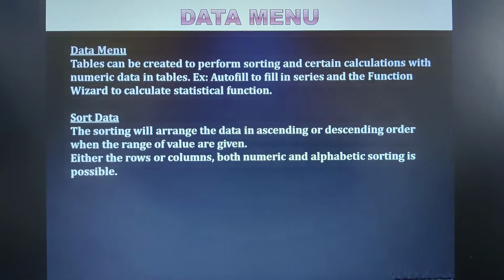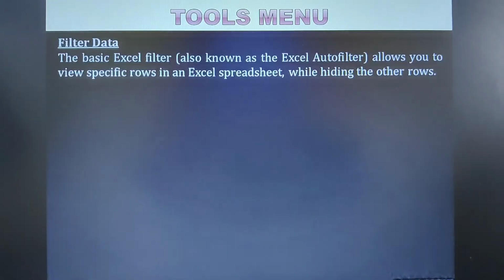Moving on to the next option, that is the filter option. What is the use of this particular filter option? Suppose you have around 100 rows in a given table, but at certain times you don't want to view all those 100 rows. You just need some specific rows based on some criteria, around 5 to 6 rows, that you would like to view. Then you can use the filter option. The filter option will hide the rest of the rows and give you only the specific rows you would like to view based on the given criteria. That is the use of the filter option.